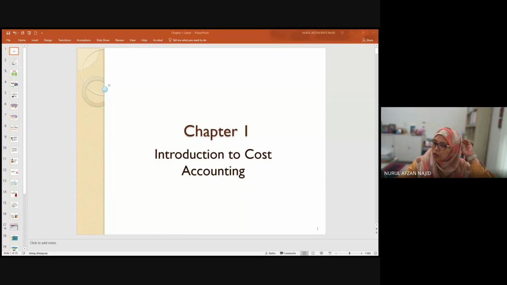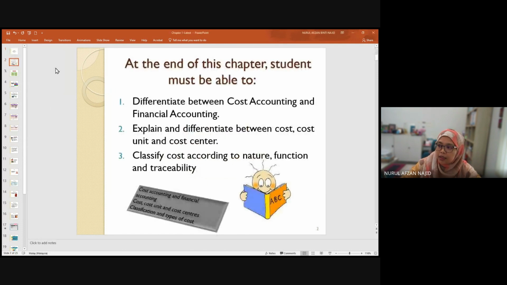Okay, so untuk chapter 1, as I mentioned before, chapter 1 ni lebih kepada theory part, di mana chapter 1 ini akan kita tengok berkenaan dengan definition of cost accounting dan juga financial accounting. Alright, kita akan tengok perbezaan antara dua